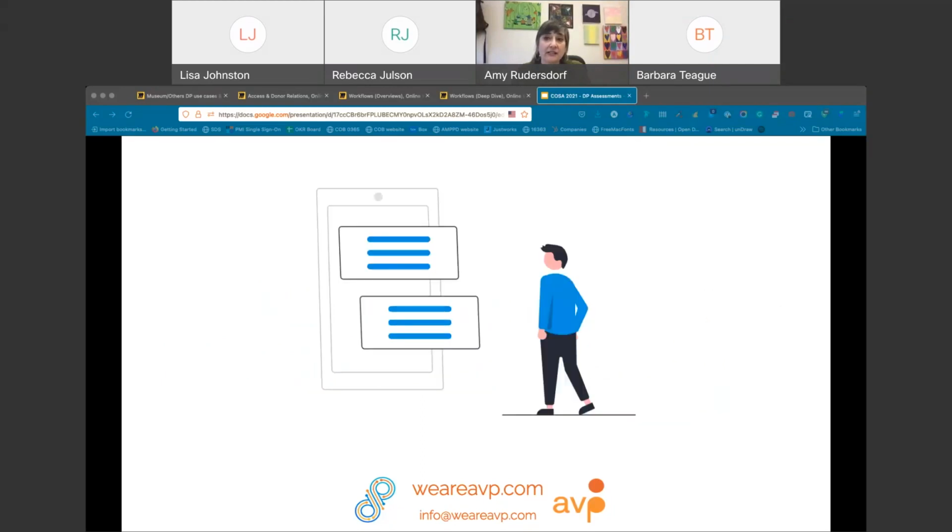Then your team completes a number of surveys. There are actually 12, but only 10 are required, on a variety of topics as outlined in the DPC RAM, that ask questions about your organization's digital preservation maturity. So questions around organizational viability, IT status, financial status, legal status, metadata, data, your objects, how you're formatting your objects, technical infrastructure, organizational infrastructure, all kinds of things that in some way act upon or are acted on